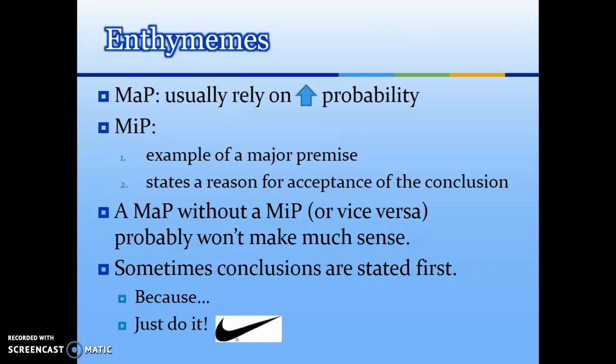So the major premise and minor premise, there could be several of them. Unlike the syllogism, which just has one major premise, one minor premise and your conclusion, enthymemes can use a variety of premises, whether it's several minor premises to support your major premise, maybe even one without the other. Though, as you can see here from this third bullet point, a major premise without a minor premise might not make as much sense to your audience,